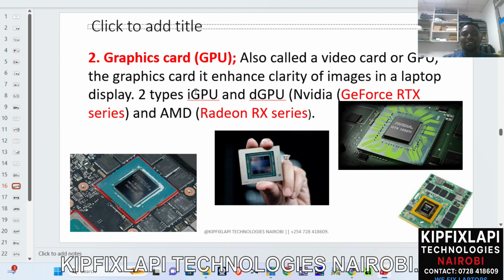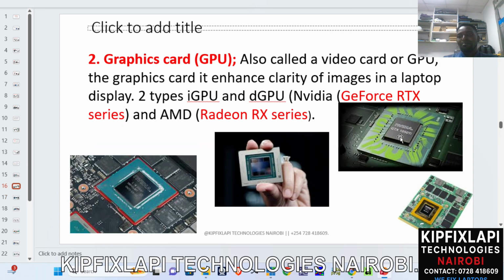This one is normally found within the Intel CPU, and this iGPU is called the Intel UHD. Then you have the dGPU, which is dedicated graphics. Normally, this is the graphics designed or dedicated to performing only the work of enhancing the clarity. Examples of this dGPU: you have NVIDIA GeForce RTX series, and AMD Radeon RX series. Yes, so these are some of the examples, GTX,